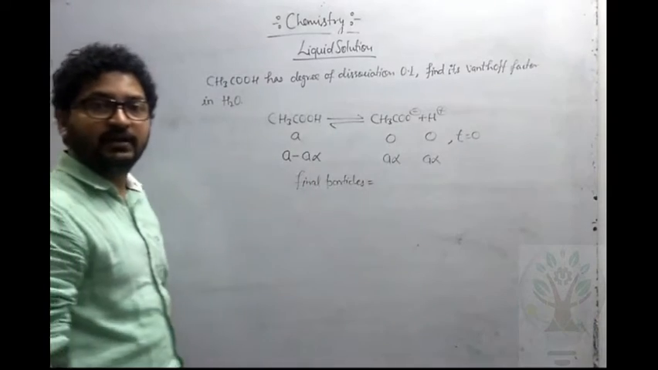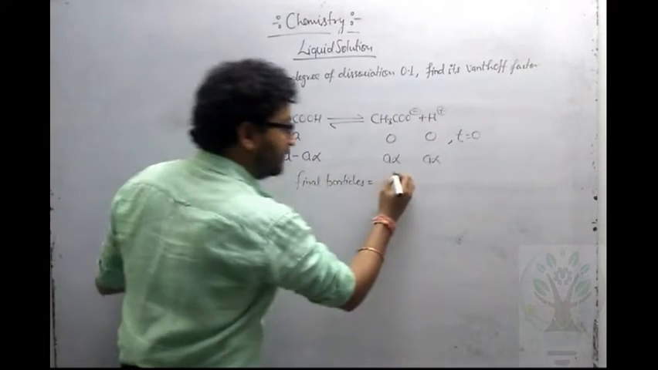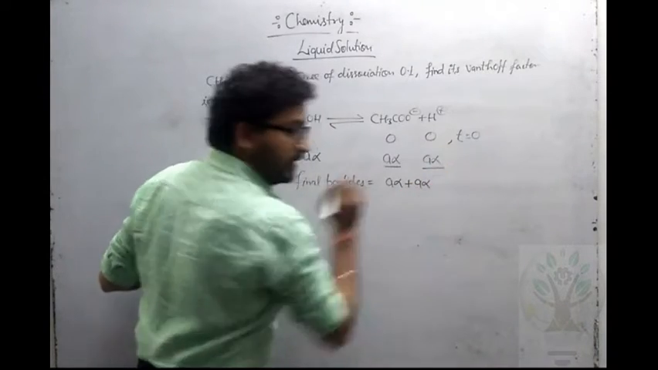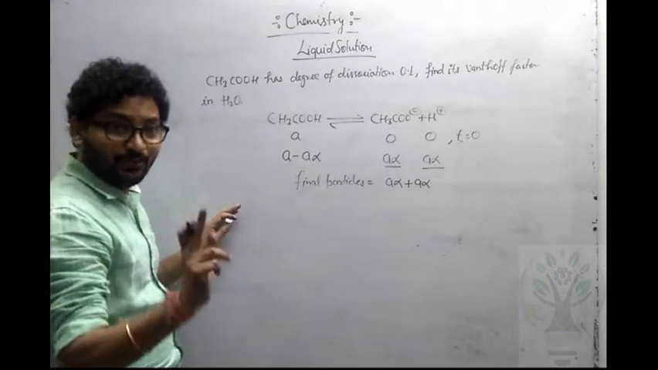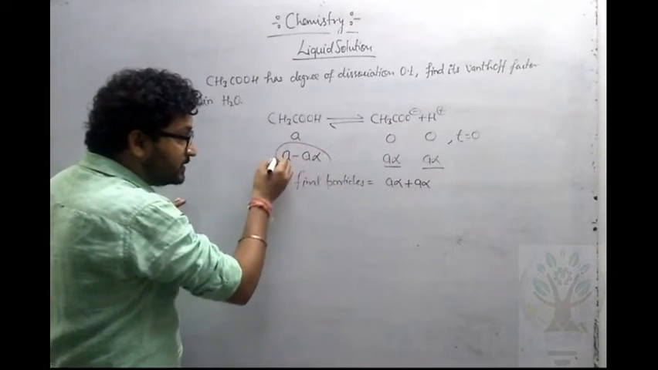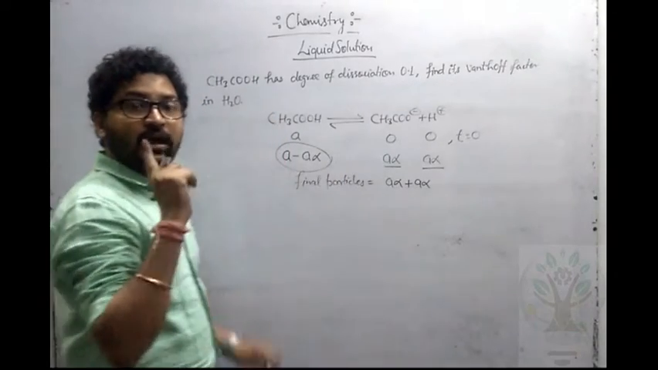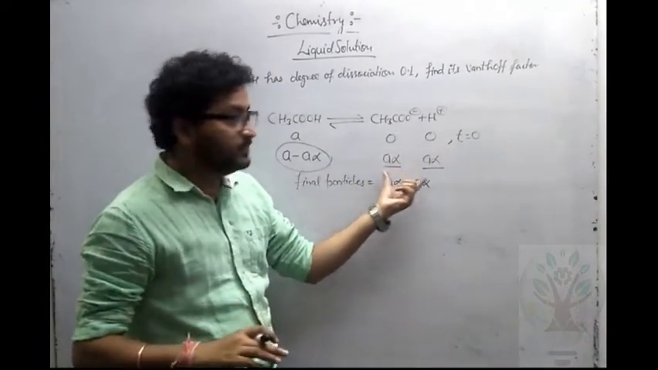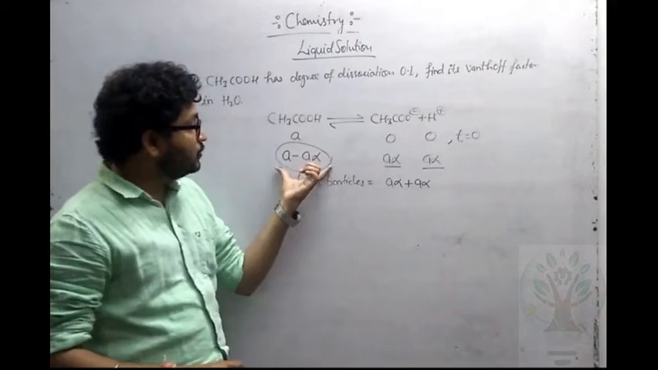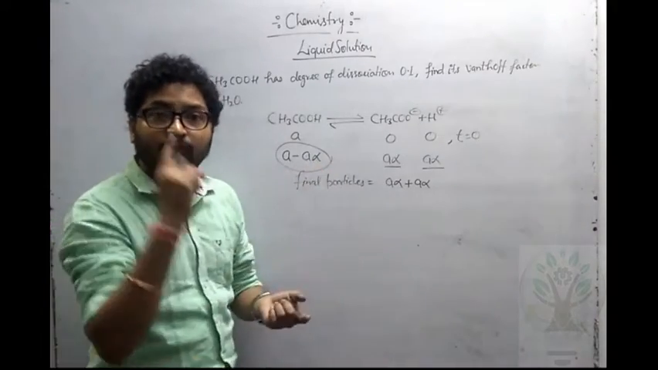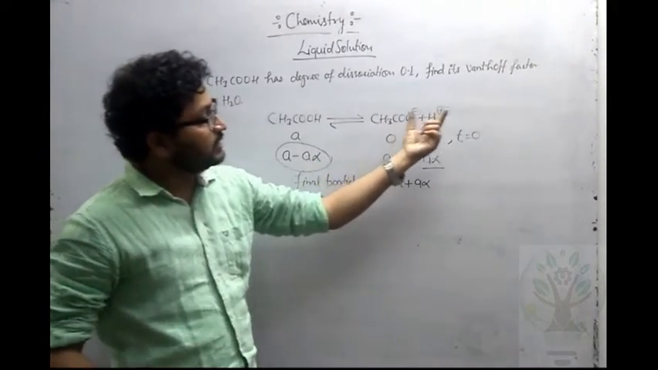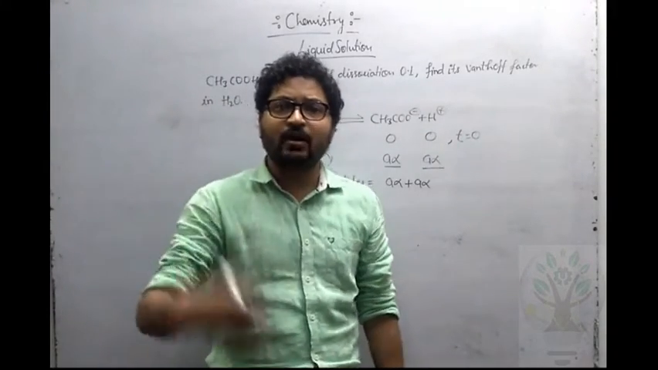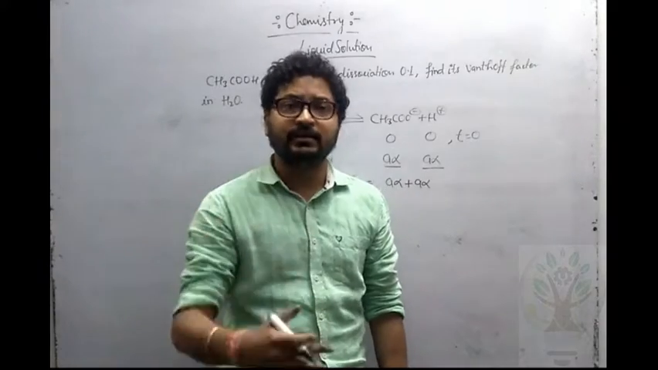Final particles. How many final particles do you have? You have A alpha plus A alpha. That's it. No, you have some CH3COOH also, which is undissociated. Are you getting this thing? You have some CH3COO minus, you have some H plus, but also you have CH3COOH. And for me, CH3COO minus, H plus and CH3COOH all are the same as long as I am talking about colligative